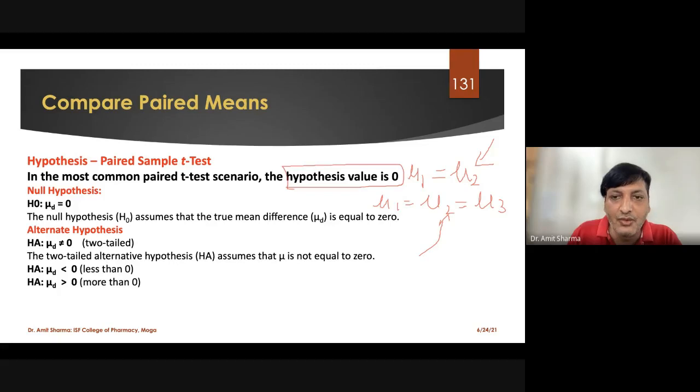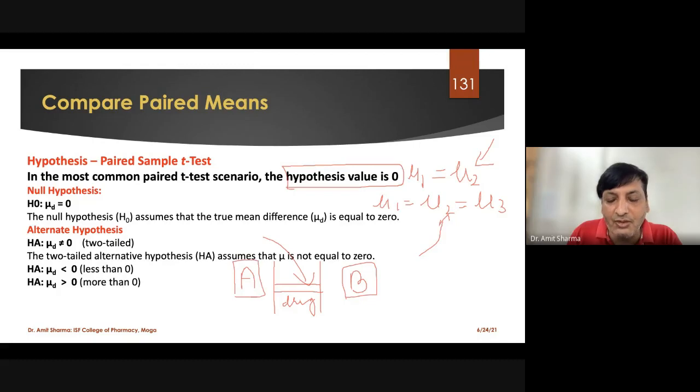Clear? So what is that 0? That will be considered as a mean difference, that is, how much difference is there. Actually what we are doing, one sample we are withdrawing before giving the drug. For example, this is the area where we have given the drug. So you have taken a reading called A, and after that you have given the drug in your study, and after that again you have taken the reading called B. So two different time readings have been taken.